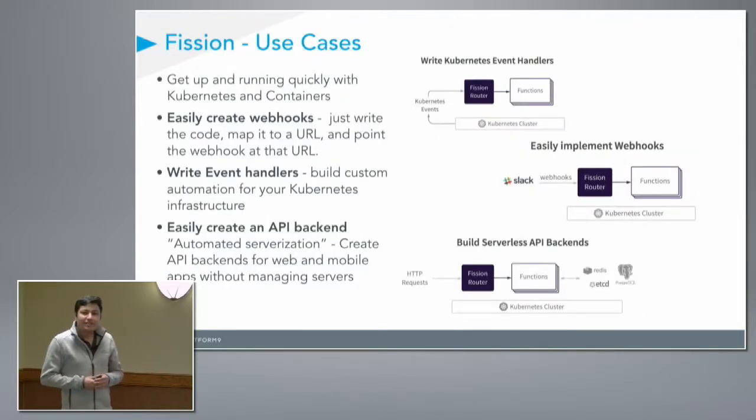Now, the use cases that lend themselves to a serverless solution and which Fission hopes to address tend to primarily be those that are event-driven. So, for example, you can create webhooks that will execute a certain piece of code when a URL is exercised. Similarly, you can also extend the Kubernetes framework itself by writing event handlers to act upon various Kubernetes lifecycle events. But we think that there is more to it than just that. Eventually, we think that a lot of application development itself is going to get to a point where generic API backends for mobile and web applications are going to be moving to more and more of a serverless kind of setup, where the developers focus on just writing those backends with the API triggers and not have to worry about any underlying servers.